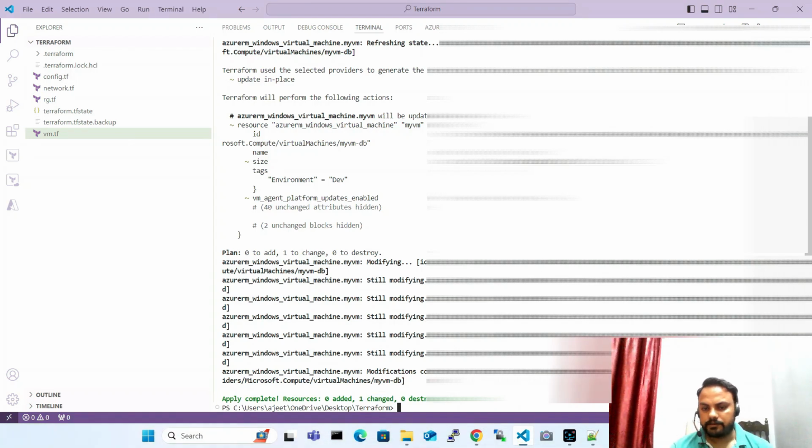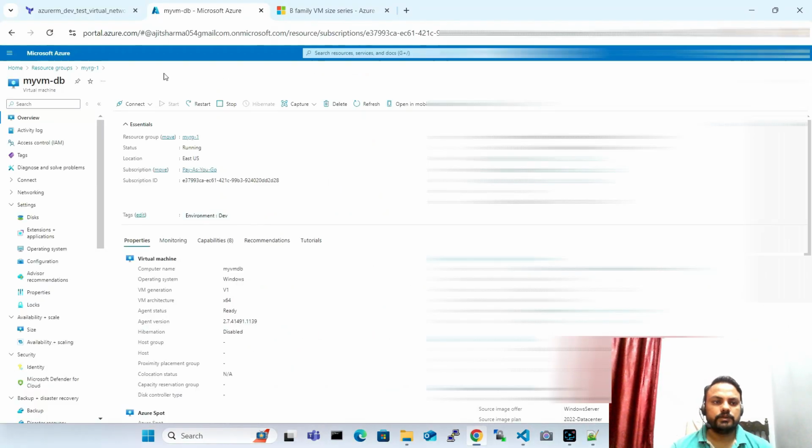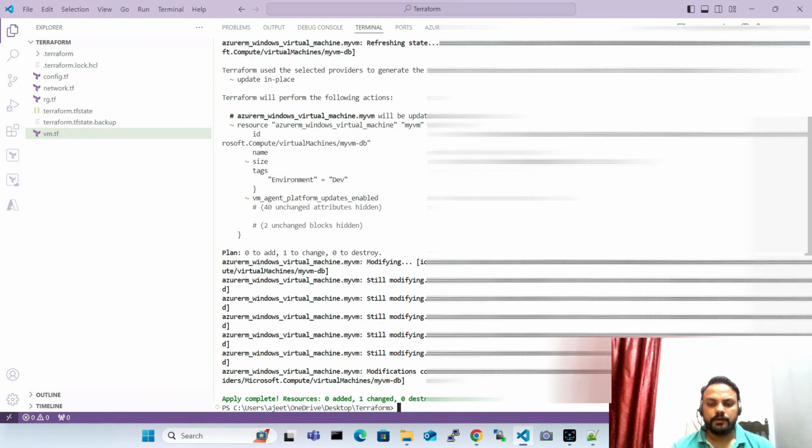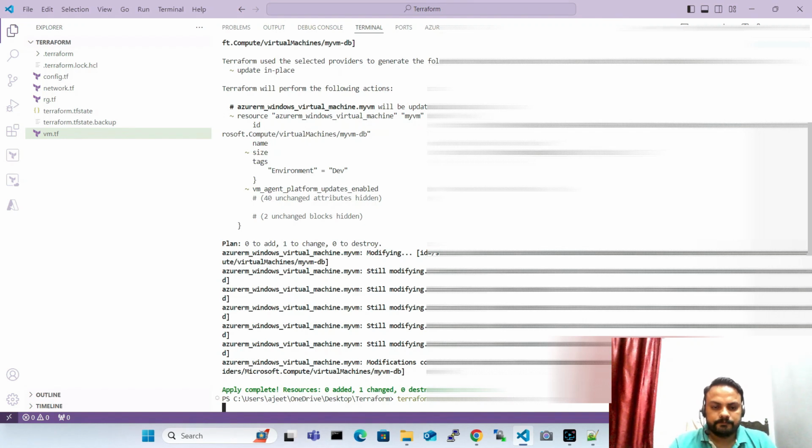I will go ahead and remove all the resources. So these are the resources. I want to remove all the resources from our environment. We don't need these resources anymore. So we can run the Terraform destroy command, and I will put here the auto approve so that it won't ask me to approve, and it will show us